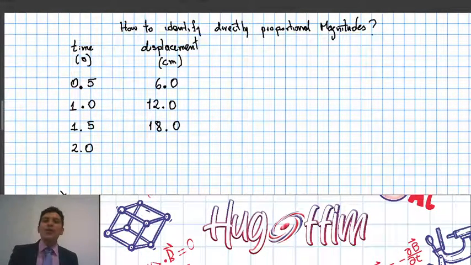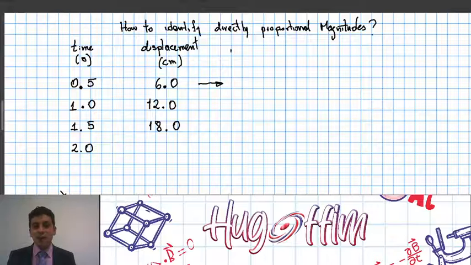Okay, I want you to imagine that you have, for example, data from time and displacement, because you're measuring the motion of an object, and you find these values for some times: 0.5, 1, 1.5. You don't have the value for 2.0, but you want to see the pattern and identify how to name this pattern. So observe this table. If I take the rate of displacement to time,